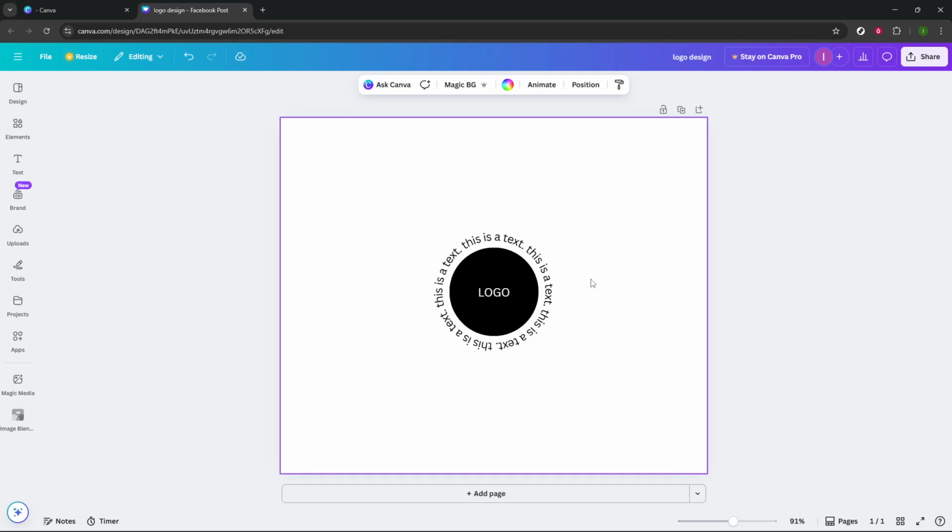And there you have it. With these straightforward steps, your logo featuring circular text is complete. All that's left is for you to take a step back, review your design, and admire